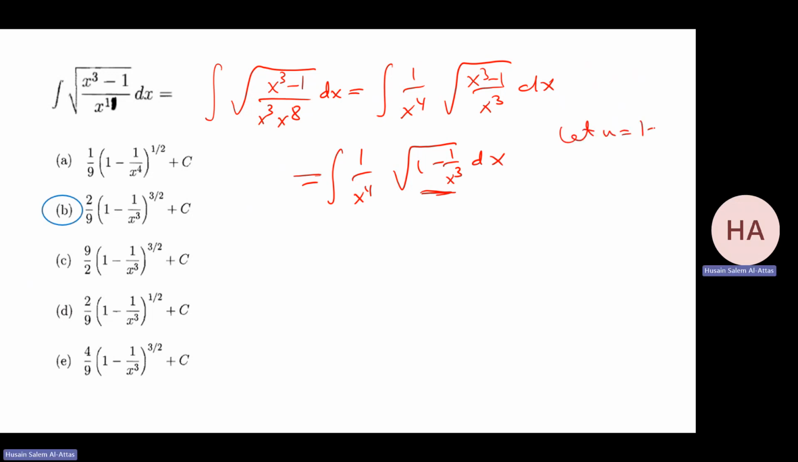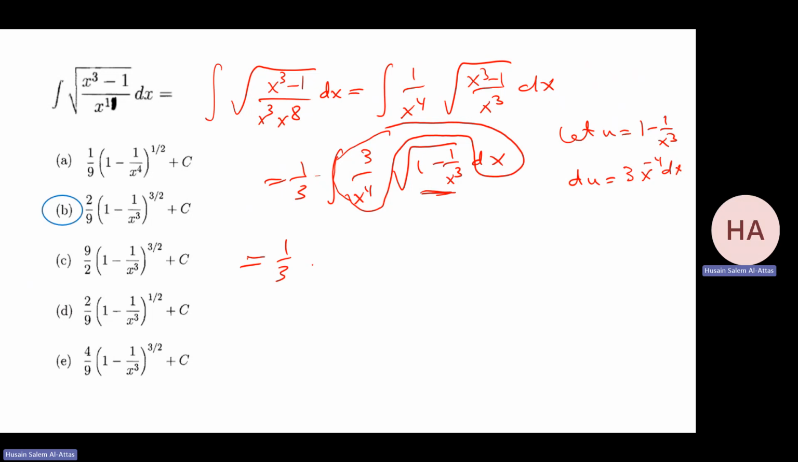What is something similar before? So du will be what? The derivative is minus 3, so that will be 3x to the minus 4 dx. So this is multiplied by 3, and multiply by 1 over 3 outside. Let's make it 3. These things will be my du. So it's easy, that will be 1 over 3 integral of the square root of u du,